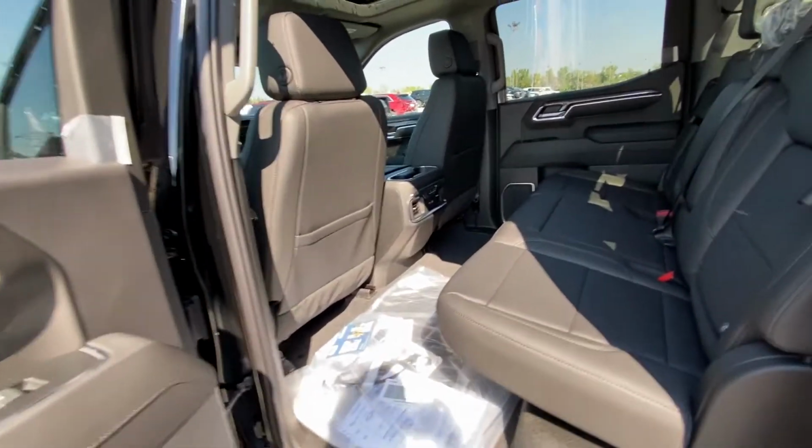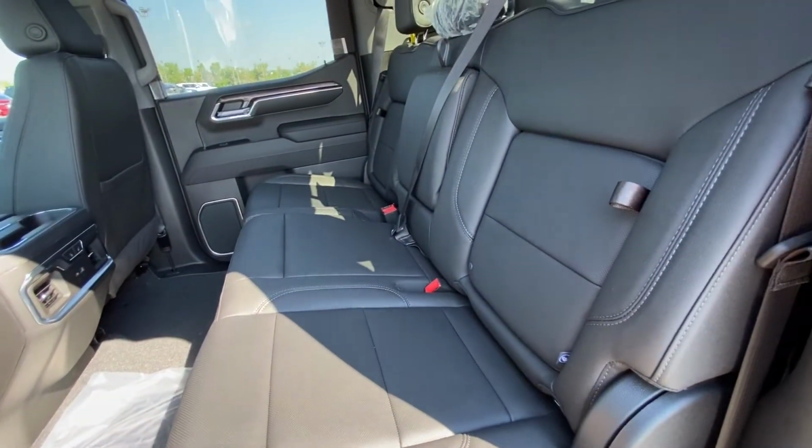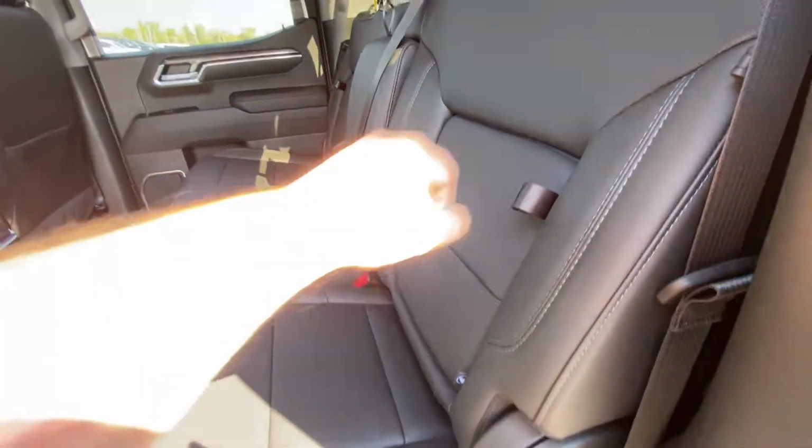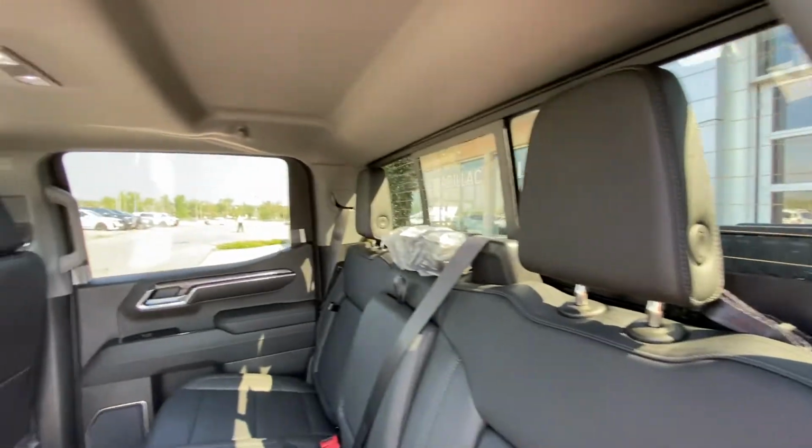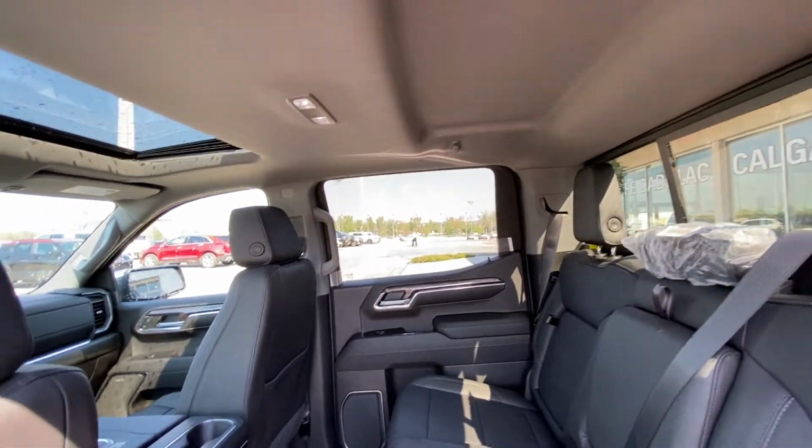Jumping into the interior, we have the leather 60/40 split. Both end seats are car seat ready and heated as well in the LTZ. We have in-seat storage feature, sliding rear window with defrost, extra headroom over top with LED lighting, as well as